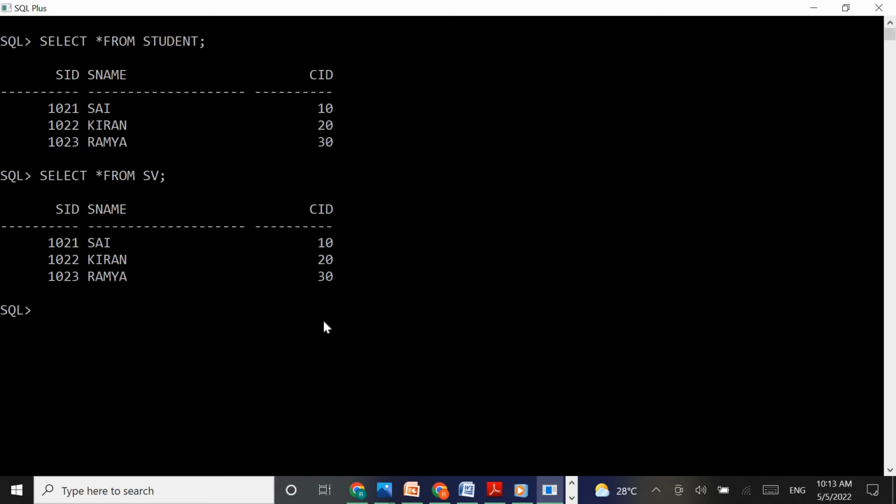So here we have the inserting command. How are we going to use the insert command of the DML operation in this database? Whenever a user wants to insert some values into a base table using the view, you can see my query, how we are going to add one more row to the base table using this SV virtual table. Let's see my query. How I am going to write the query is: insert into SV values